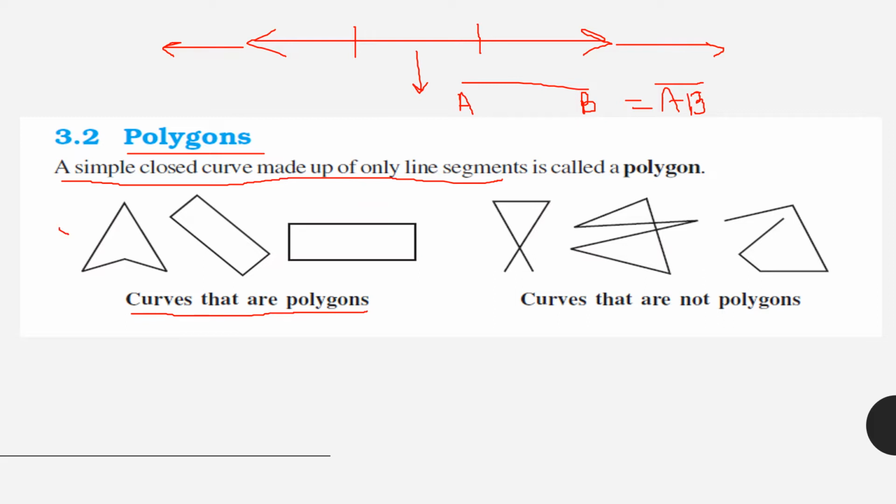So you can see here we have a closed figure made up of line segments. First line segment, second line segment, third, fourth line segment. So we have used 4 line segments to draw this figure. Here also we have used 4 line segments. Here also we have used 4 line segments. You can see in this case again we have line segments only, but this is not closed. Okay, so they are not coming in polygons because they are not closed. Here also you can see this open part, so it is also not a polygon. Here also we have an open part, it is not a polygon.